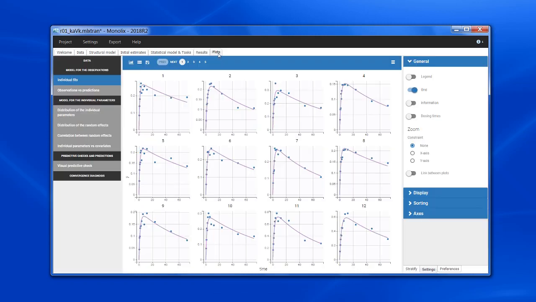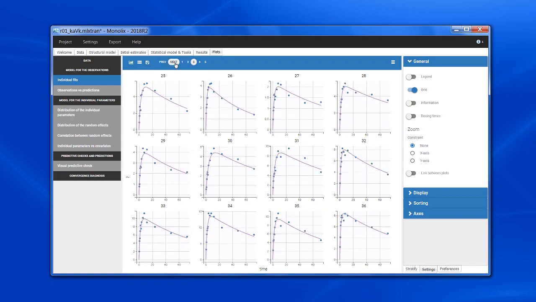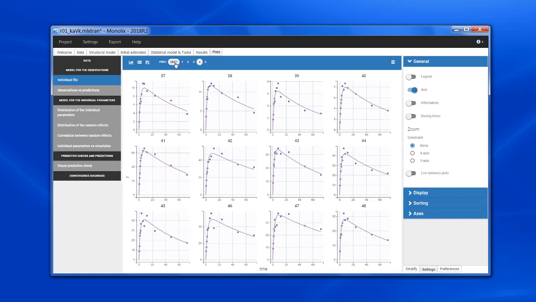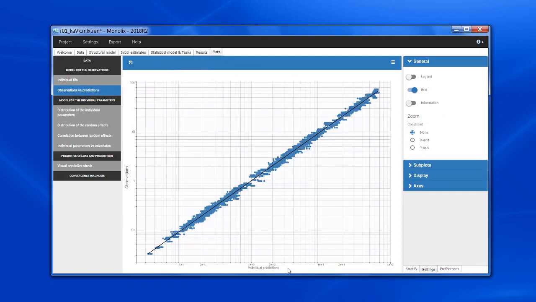In the plots, the individual fits look pretty nice for all individuals, so both the small and high doses. In the observation versus individual prediction on log-log scale, it looks pretty good too.